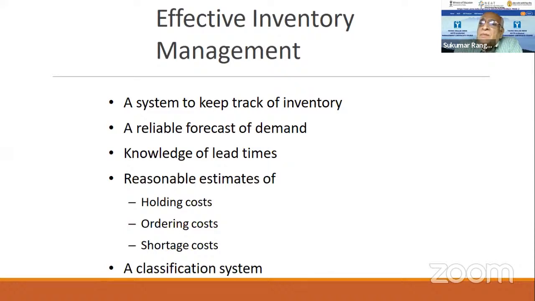Obviously, when the production is stopped, you are incurring all costs, all the fixed costs, but you're not able to manufacture or realize the output. So that entire cost, the cost of maybe a small part, you may incur sometimes 100 times, 1,000 times the cost by not having that. So that is what is called the shortage cost.